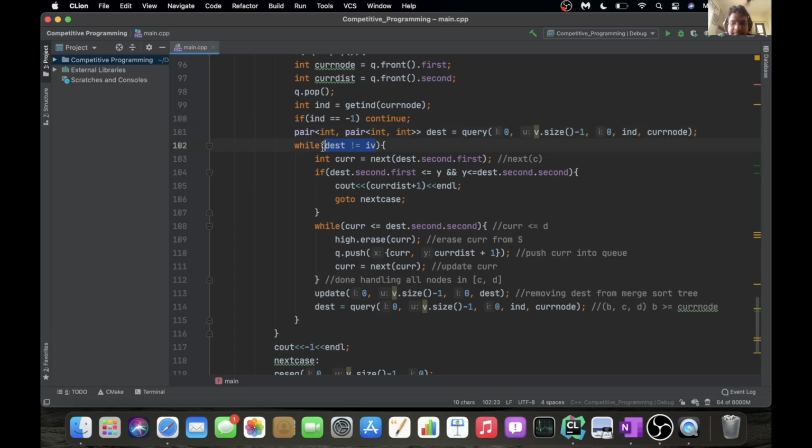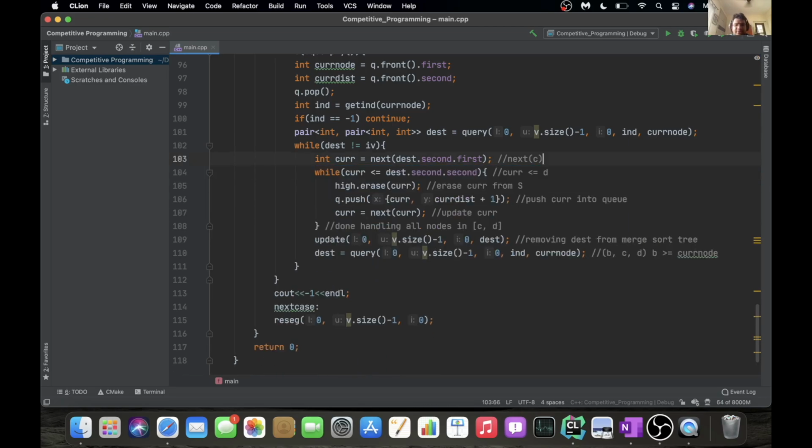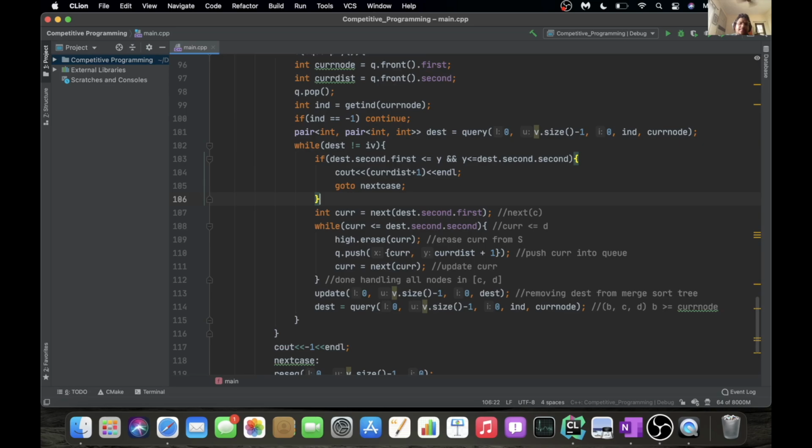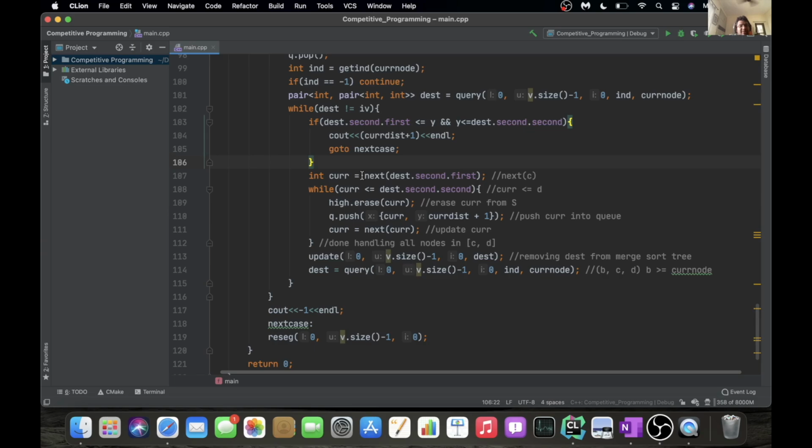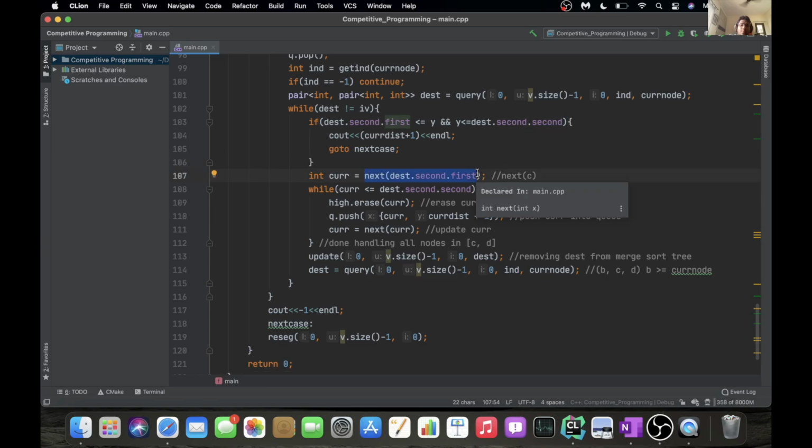Now this could actually be written a slightly different way, which could help, so let me do that. The first thing we do is check the first of the pair, which is basically C. If C is less than or equal to y and y is less than or equal to d, then immediately we have an edge to y, which is what we want, and the distance will be cur's distance plus 1. So we just output that and go to the next test case. Otherwise, we take cur to be the first upper bound in the set of upper bounds which is greater than or equal to